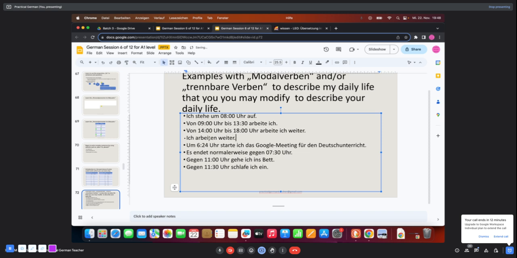Okay. And you will have to conjugate arbeiten for ich. So it is ich arbeite. But as I said, last time we discussed this: normally the subject is at the first position, but when you are talking about time, it takes the first position. And normally the time factor is at the beginning. This is what happens. So von blah blah bis